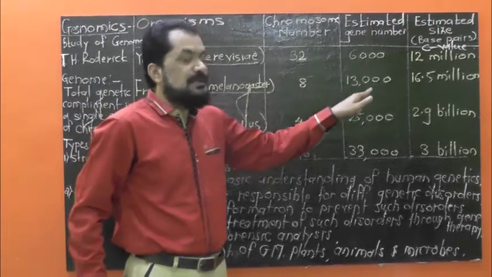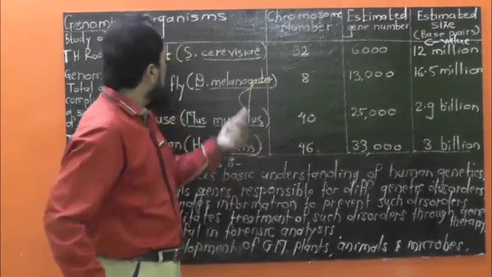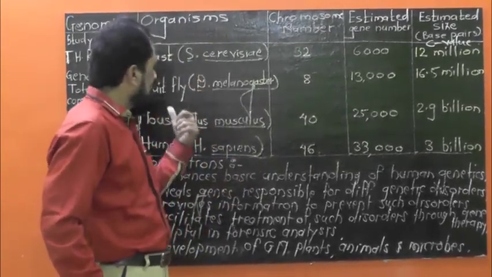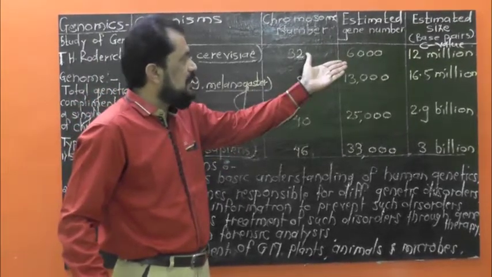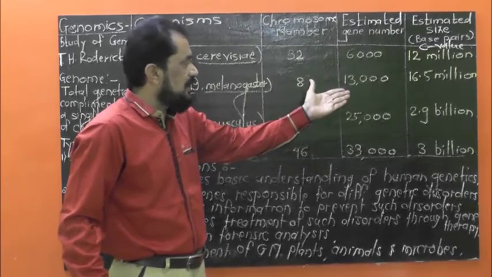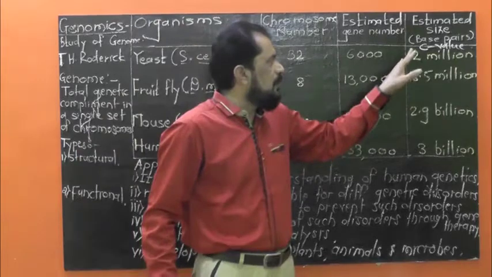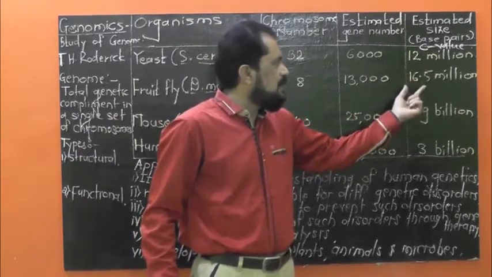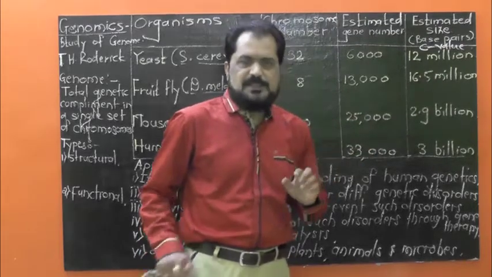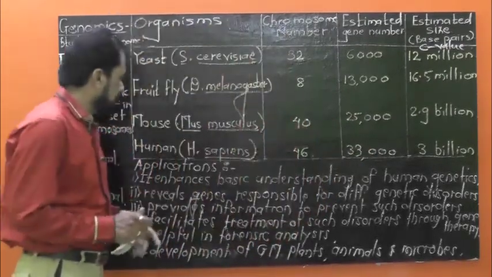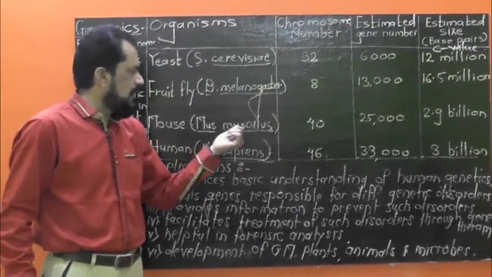The estimated number of genes is 13,000. Just compare the number of chromosomes and the number of genes in yeast and in fruit fly. In fruit fly, the number of base pairs, the C value, is about 16.5 million. In mouse, scientific name Mus musculus, a mammal,